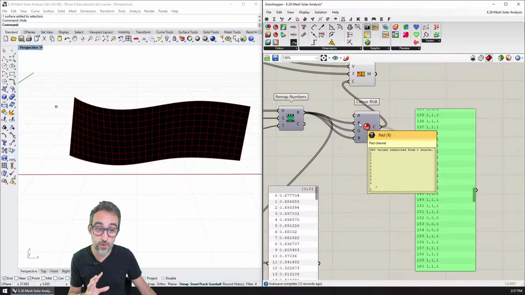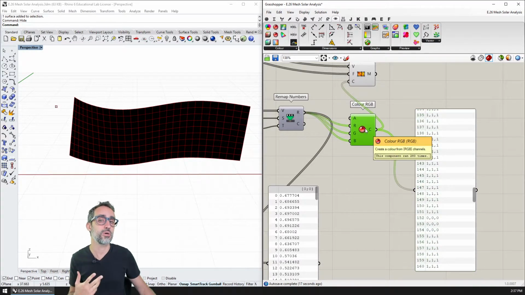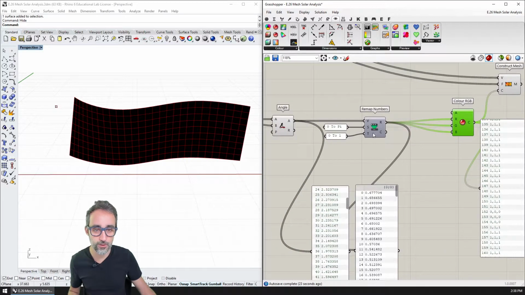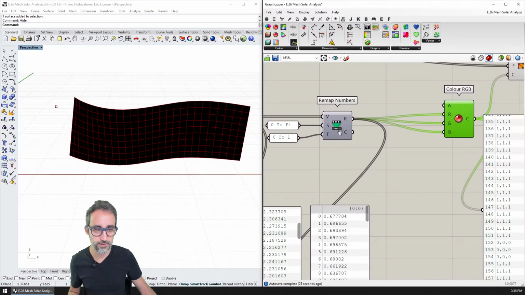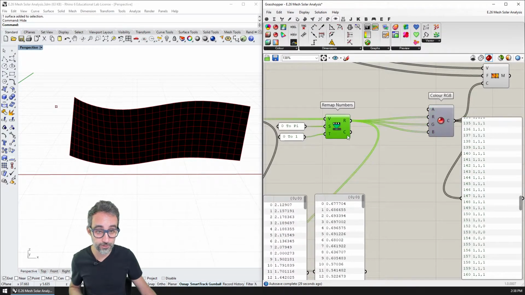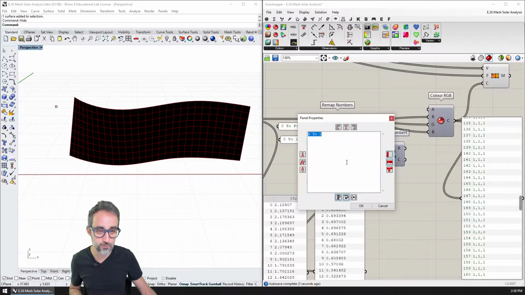And here they get rounded because this component expects numbers going from 0 to 255. So I would need to take all these numbers that are now in the range of 0 to 1, and remap them so that instead of 0 to 1, they go from 0 to 255.